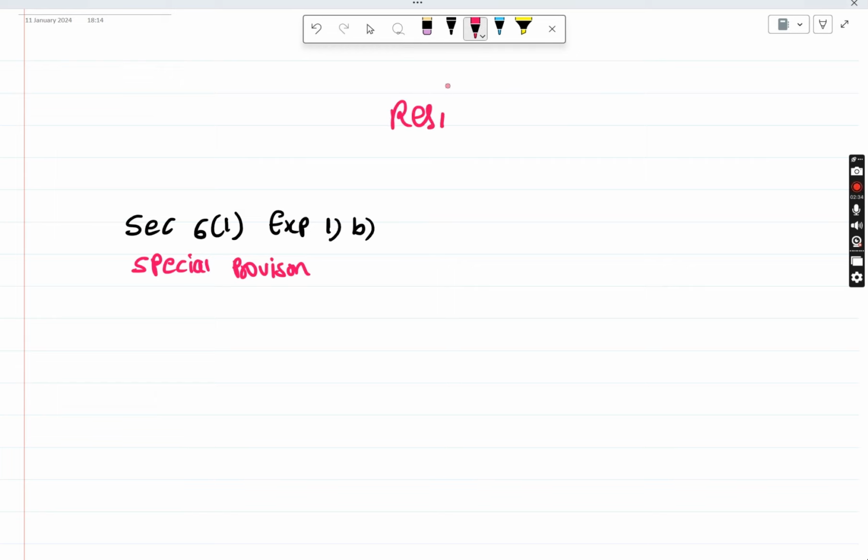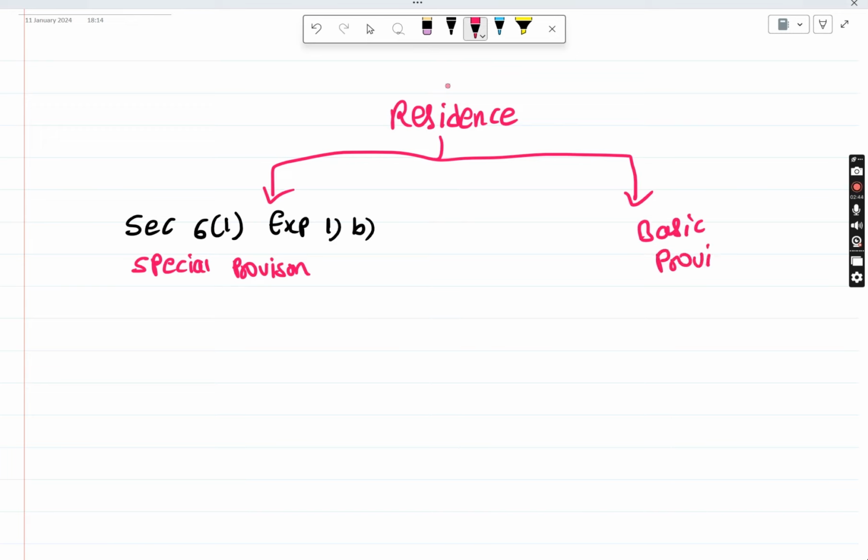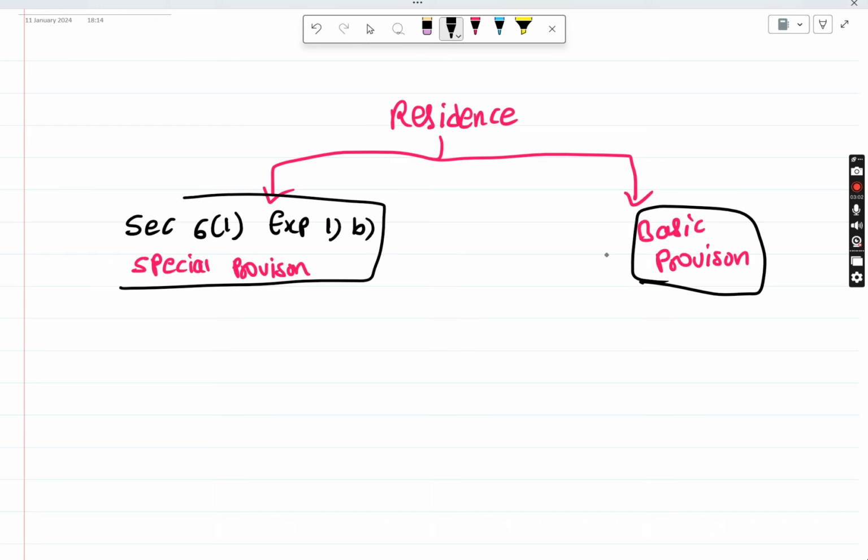So we are talking about residence. One is special provision, another one is basic provision. Instead of just reading the provisions, I am already giving it in a note format and explaining here, so when you read the provision, you will automatically understand. What is meant by special provision? Let's discuss this first. Condition 1: if an individual